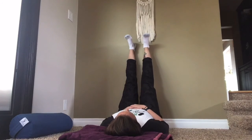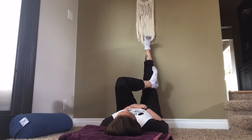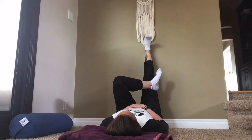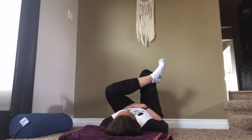And then we'll try out the other side, keeping the right leg straight. Cross your left ankle over your right thigh for that figure 4. Option to stay if this is enough in your outer left hip, or bend at your right knee and find the point for you on this side that feels like a sustainable edge, where you feel that dull ache in the outer left hip,